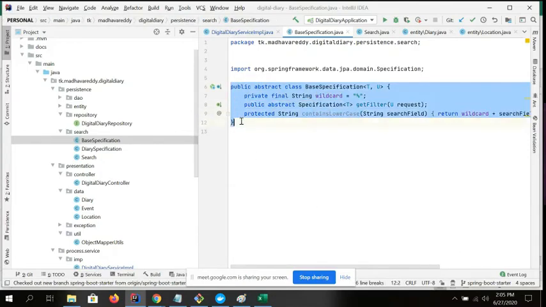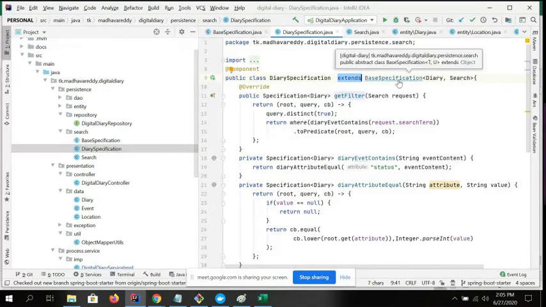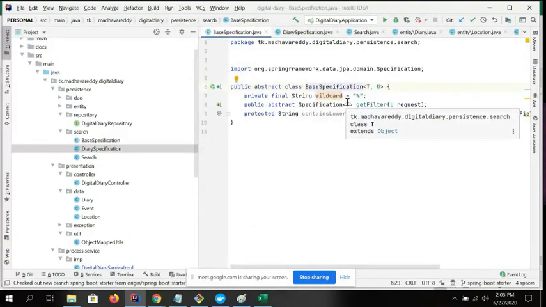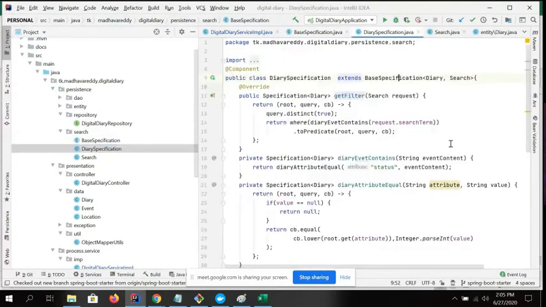But at this moment I have just the base specification. I'm using this basic search operation, and you have to extend this basic specification because it is an abstract class. You have to implement all these things. You can also implement them over there because it is an abstract class; there is no limit. You can also have an implementation over here, but I prefer to have it here at this time. You can perform your search operations here. Now I am doing the get filter operation.